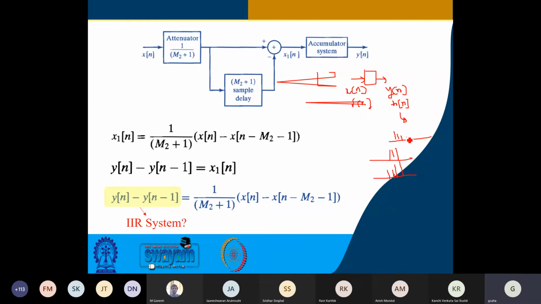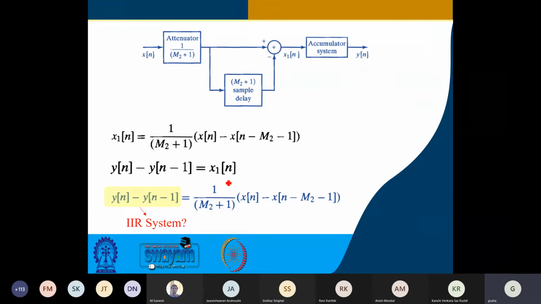And if it continues up to infinity, then it is called an IIR system. So this is the basic definition of FIR system and IIR system and what it means. So del n given as input, whatever output we get is hn. If it is non-zero for a finite duration of time or indices, because it is sequence processing, then we call it an FIR system. Okay.